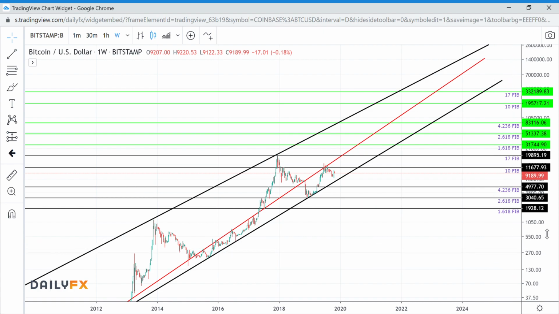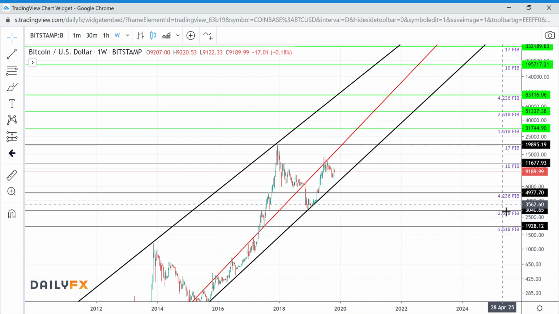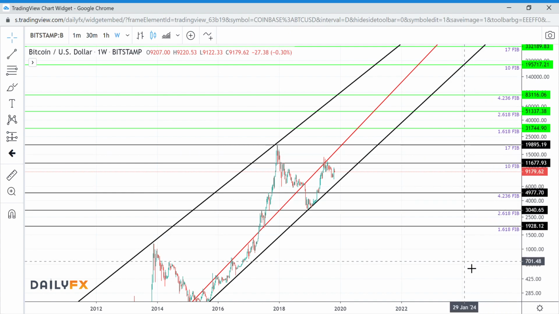So just looking at the previous bull run and where those support and resistance lines were, we do know already that this 2.618 level should be very important in the future. And this 2.618 level in the future is at $51,000. Alright, so just keep that number in mind, that $51,000 level,